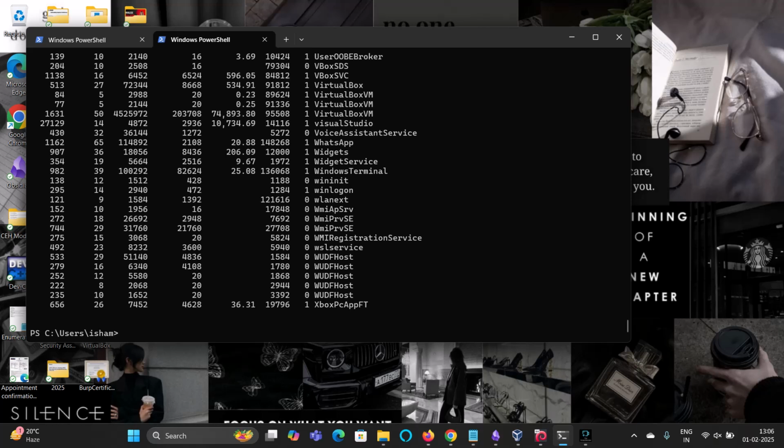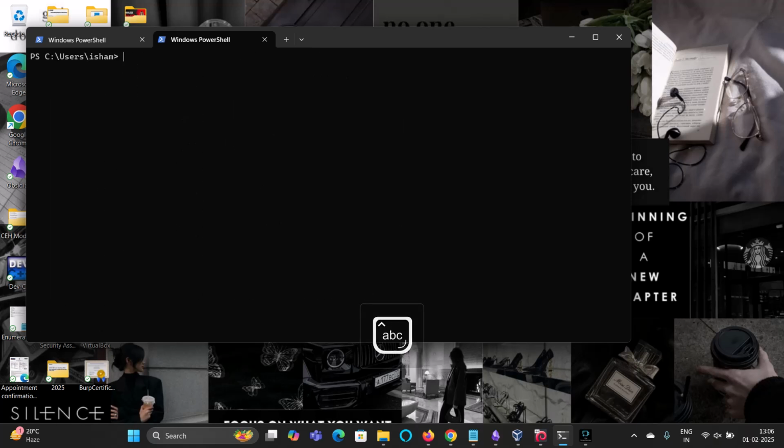So that's how you work, and that's how things go for the privilege escalation. For manual pen testing of the privilege escalation, you can run all these commands. So I hope this is pretty clear. Moving on further, I'll be showing you one more thing: how to perform the automated privilege escalation.